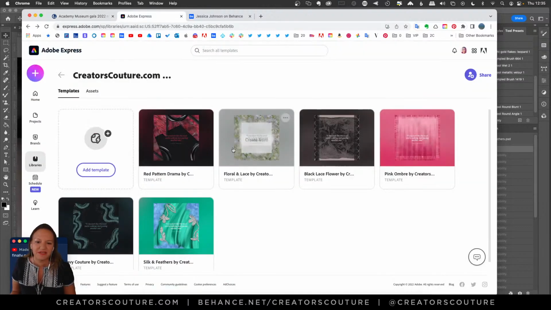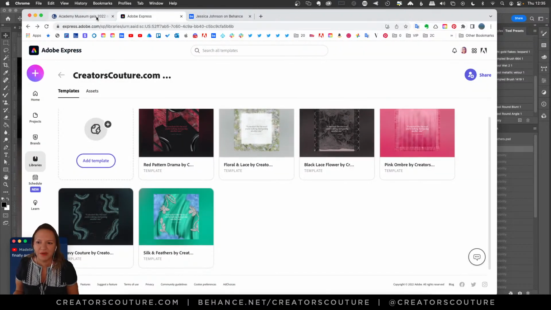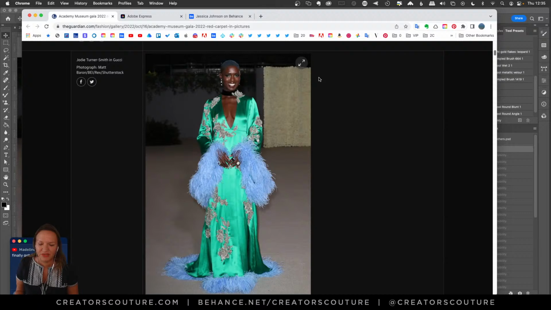Since I work in Adobe, I'll try to keep it all in the Adobe family, since it seems like they're trying to make Adobe Express popular like Canva. But to be fair, I feel like they could work on the templates a little bit.